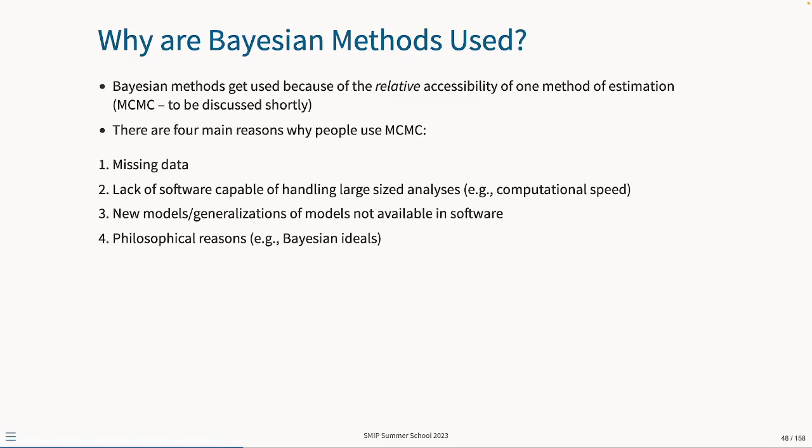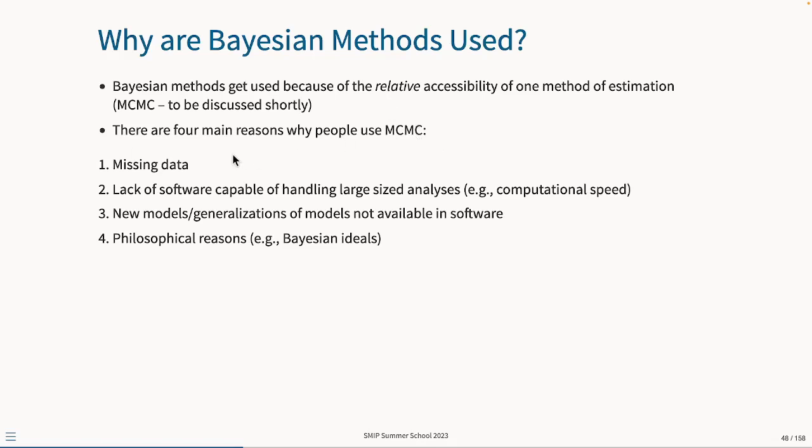Right? Because let's be real. Bayesian analyses are way harder for the simple models than what we just did to quickly run an IRT model. I just ran an IRT model, it ran in less than a second, we have our output, we have inferences, it's no big deal. I think there are 4 main reasons why people use Markov chain